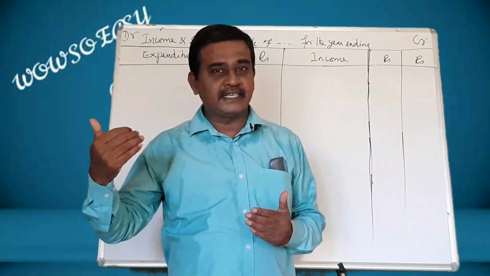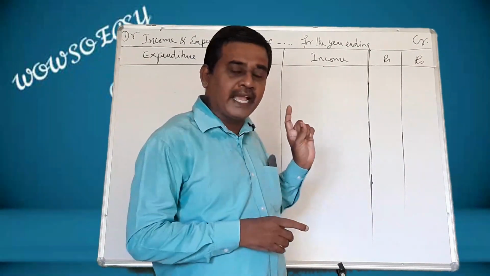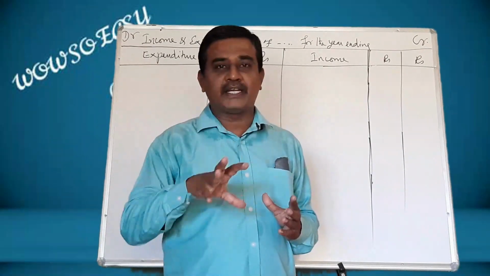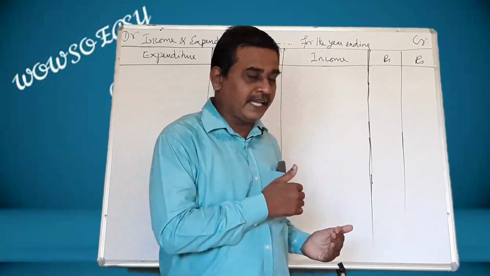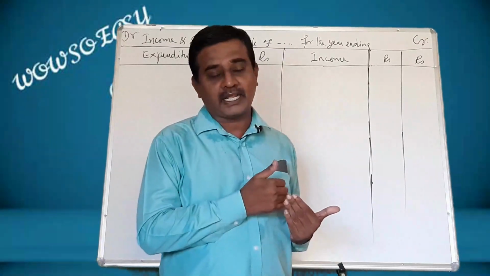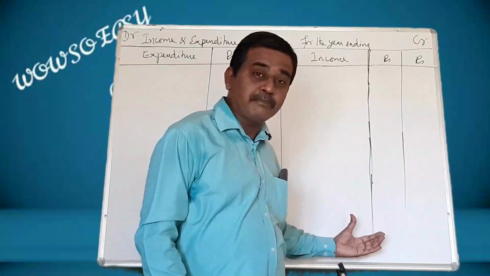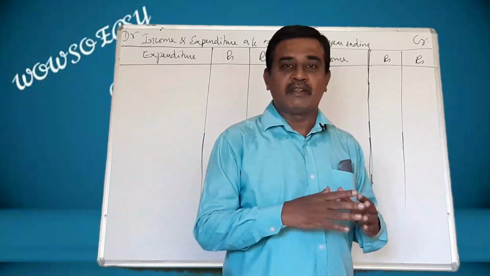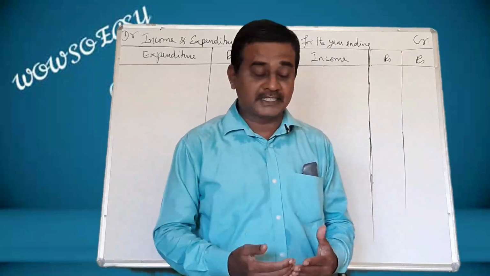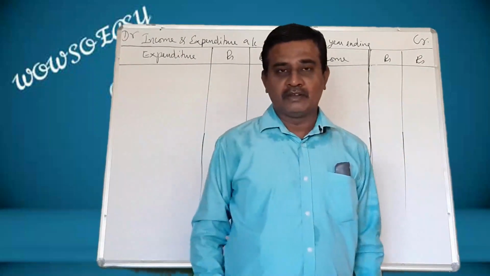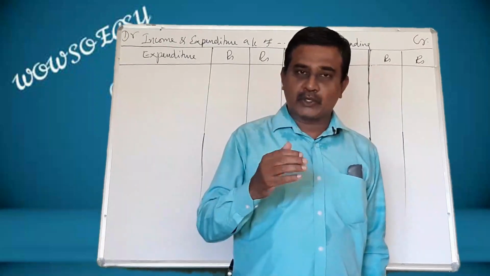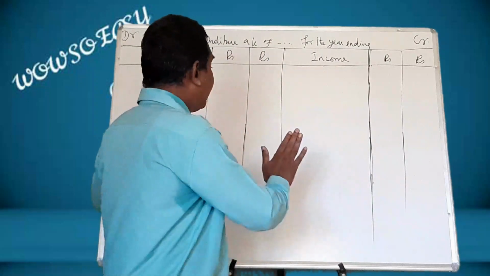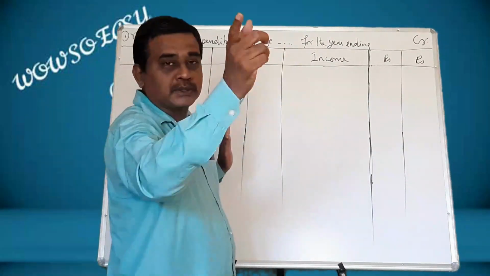As we did in incomplete records, the opening cash balance will be taken to the balance sheet which is prepared to find out the opening capital fund. Here it is called capital fund, not capital alone. And that closing balance given in the receipts and payments account will be taken to the balance sheet. When we go for preparing the final balance sheet, this amount should be taken there. So, in this account, you need not worry about that opening balance and closing balance. They will not be dealt with in this account. We do not bring those balances here.